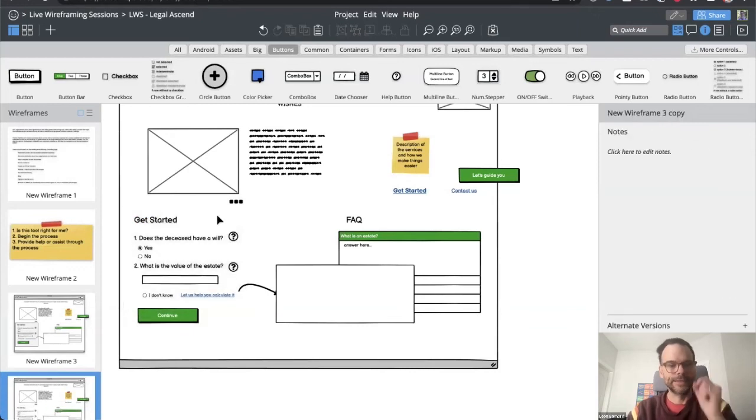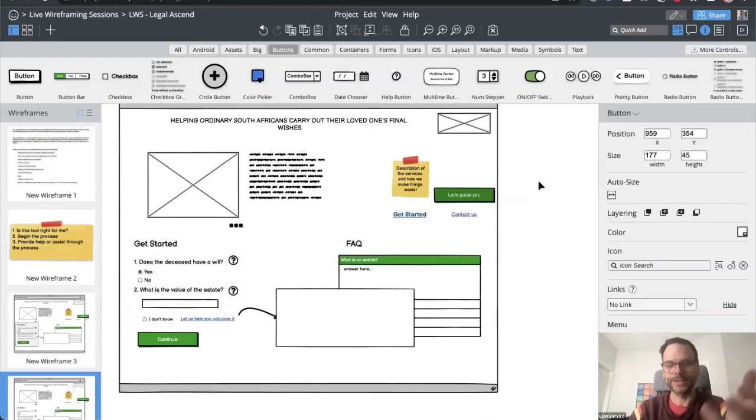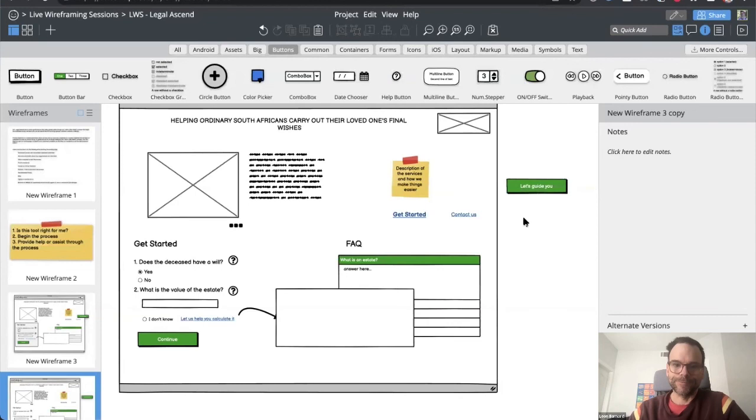So create a stopping point and then try something new after that, or see what it might look like with the button versus this other thing. But the short answer is, I think in your case, it would be good to have one primary call to action that just starts the process.